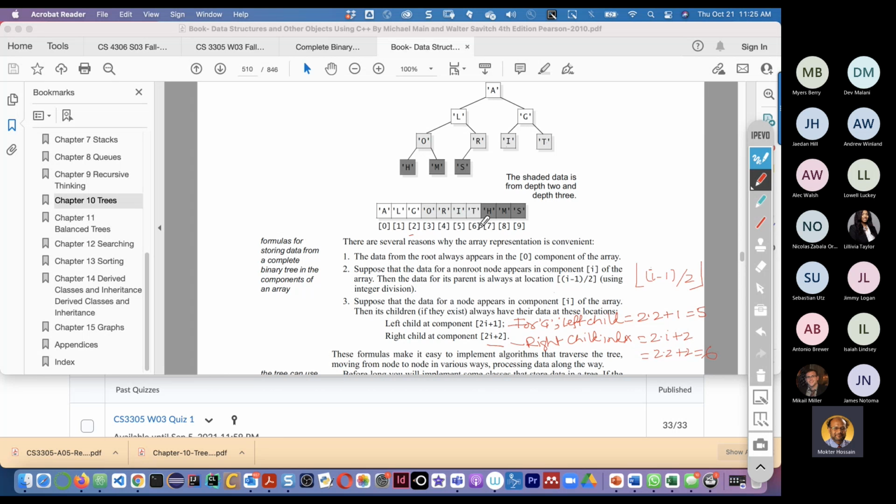So T is the right child and I is the left child. These are the three formulas you need to remember.